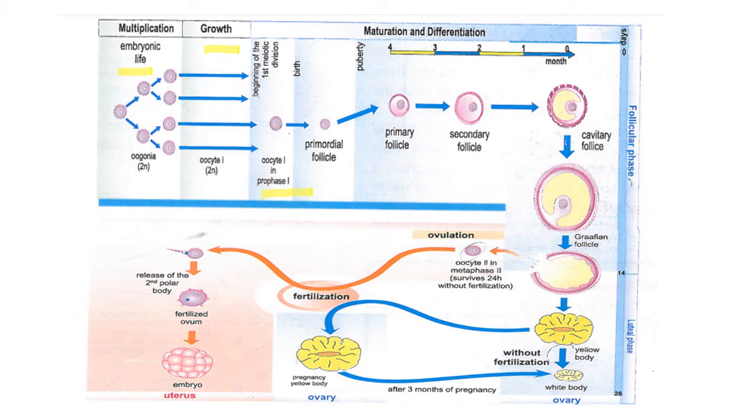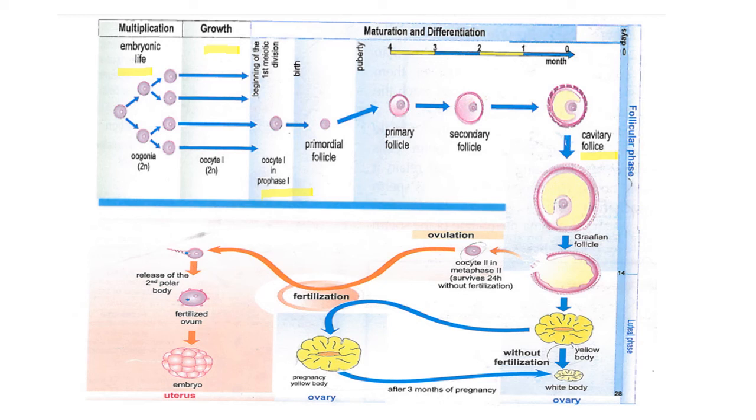The cycle will start every month. Every month before the cycle, about 10 follicles will start to develop, but only one will become the cavitary follicle: primary, secondary, then cavitary follicle. Only one will become cavitary. The cycle starts, it is 28 days. The cavitary follicle becomes the Graafian follicle, and here a few hours before ovulation, which is at day 14,